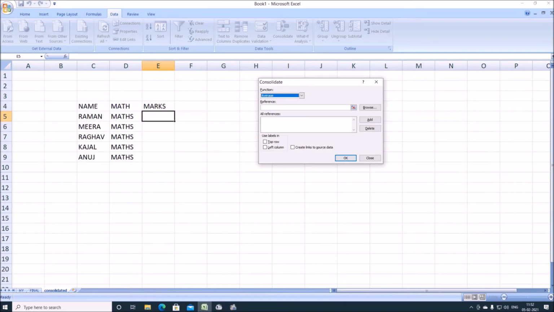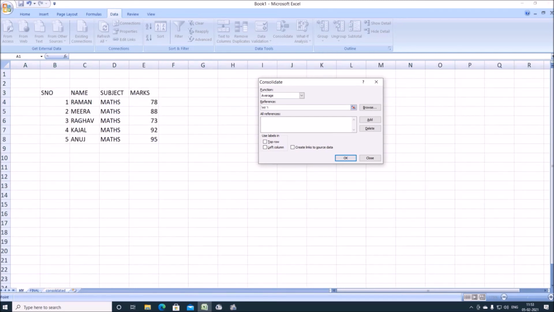In the reference box below it there is a reference option. So we will click there, and what we have to do now, here we will give the reference of both the mark range. दोनों शीट से जो हमने मार्क्स एंटर किए हैं उनकी रेंज को हम कॉपी करेंगे इन द रेफरेंस टेक्स्ट बॉक्स. So we will select the first sheet, that is the half yearly examination you can say, or PT examination. We will select this range and you can see the range has been selected into the reference option.